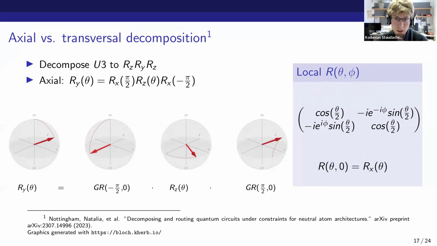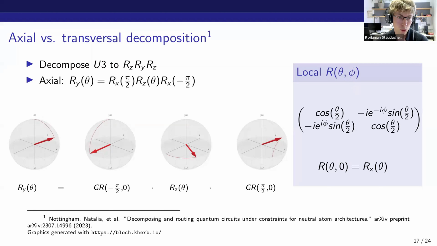This theta is the global pulse we need to apply for this global gate. And this phi defines an axis in the Bloch sphere about which we rotate. If we set this axis to 0, we get an Rx gate about theta. And the axial decomposition now simply